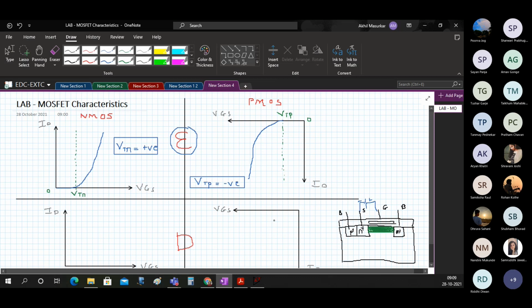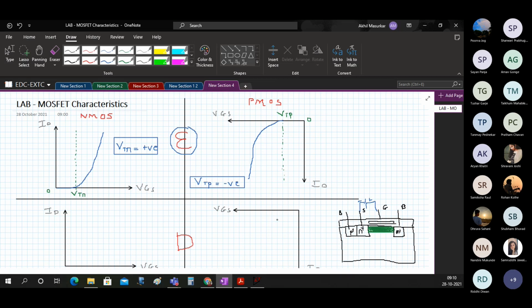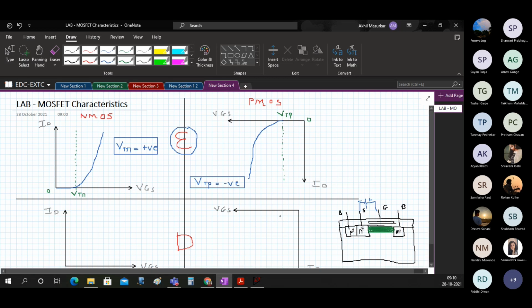To get the desired conductivity, we now don't have to enhance the channel, but we have to deplete the channel. Deplete means you have to tell some electrons to go out, and that is possible only if you reverse this VGS.